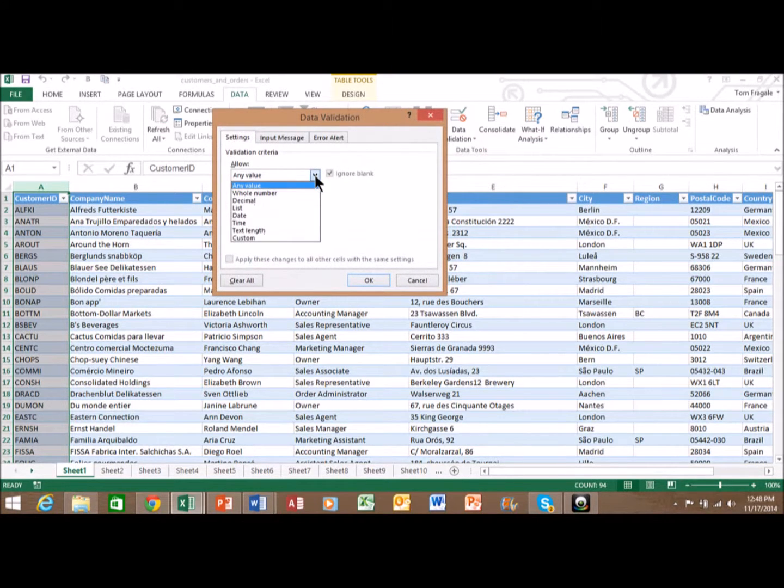Now, for the settings, we want to add a formula. So we're going to pick on a custom formula. And that's because of this new box over here. So I'm going to say equals